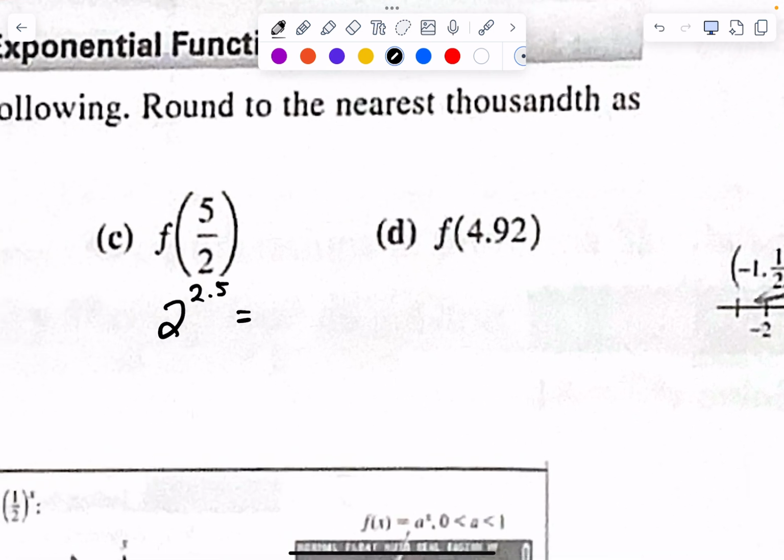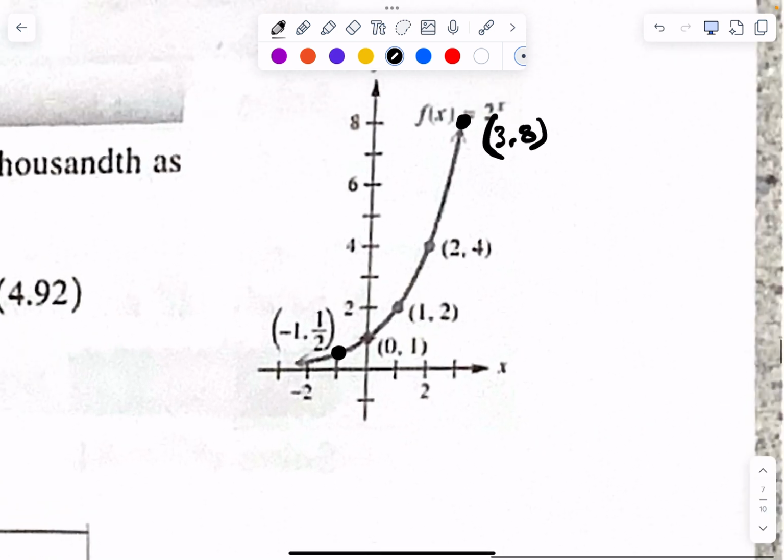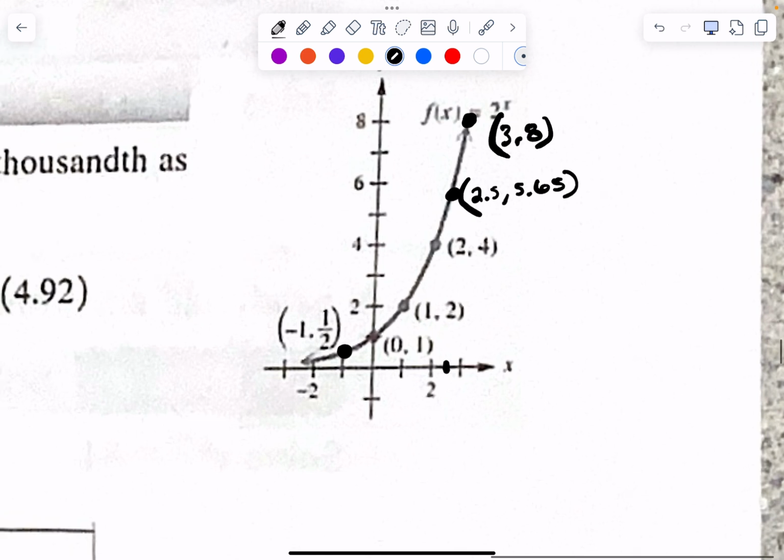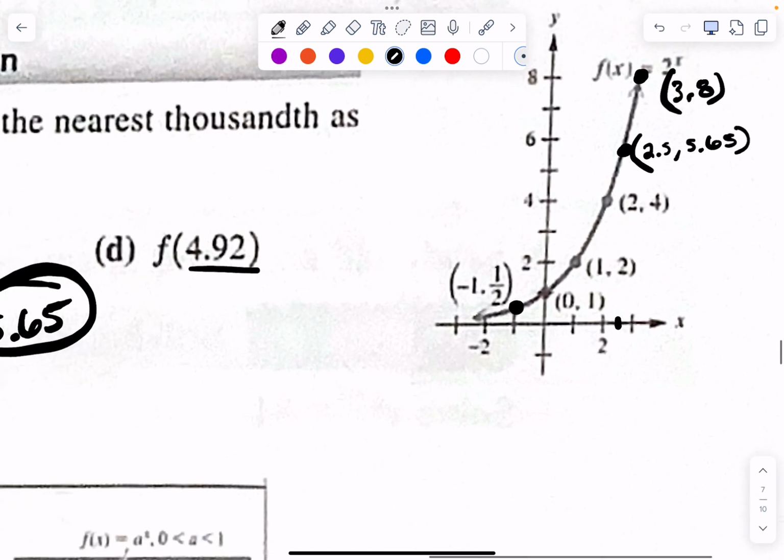2 to the second power is 4. What? 5.65. Okay, so if I do 2.5, he's up here at 5.65. So 2.5 comma 5.65. Does that make sense? We plugged in 2.5. Okay, if you plug in 4.92, 2 to the 4.92 power,